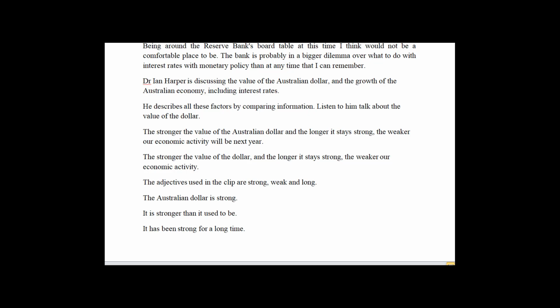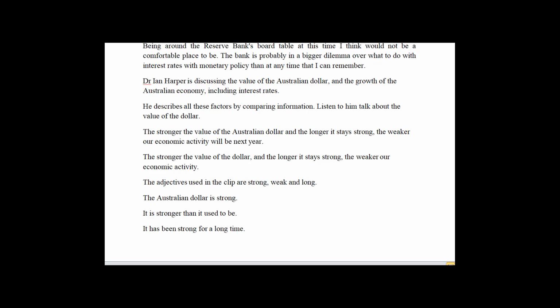The stronger the value of the Australian dollar and the longer it stays strong, the weaker our economic activity will be next year. The stronger the value of the dollar and the longer it stays strong, the weaker our economic